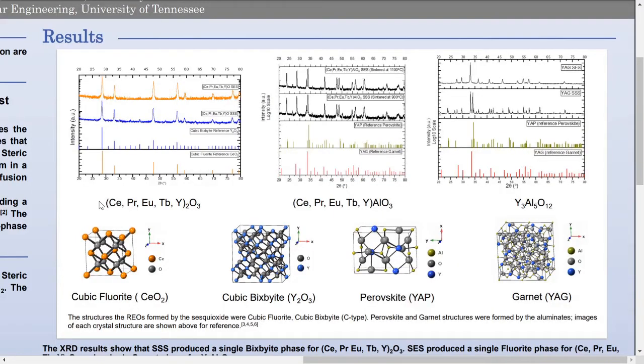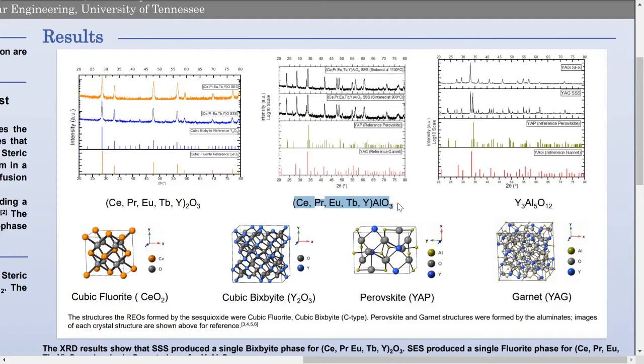Here are my X-ray diffraction results. For the high-entropy sesquioxide, you can see that both methods created a single phase, while the steric entrapment synthesis method created the single fluorite phase. The solid-state synthesis method created the single bixbyite phase. For the high-entropy perovskite, neither of the methods created a single phase, and both methods created a mix of the